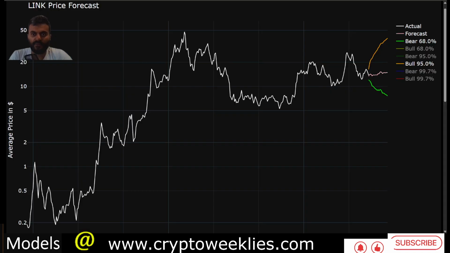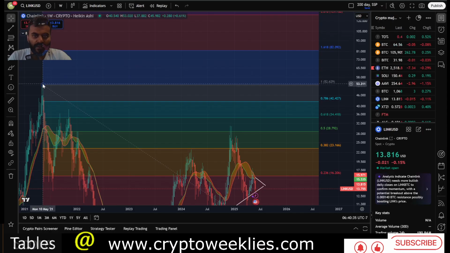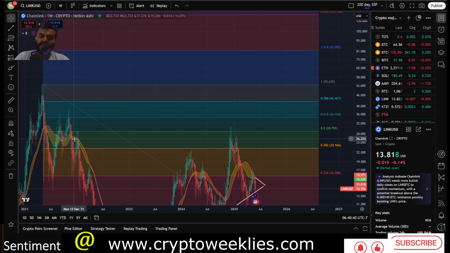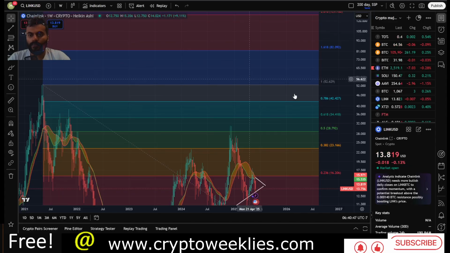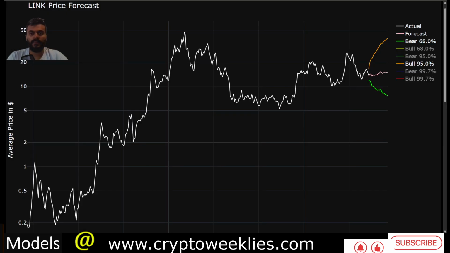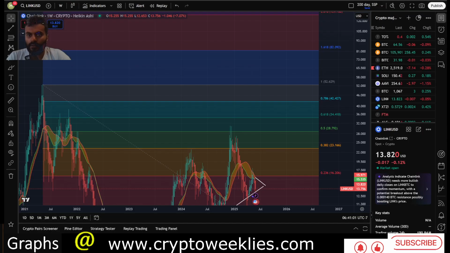The weekly average at $40 could mean that, for example, over here when the price at a weekly average was at around $47, in reality the wick at that point in time went as high as about $50 to $53. So weekly averages tend to be slightly muted versions of what the actual top is. Again, no one can predict the actual top to the dollar or in fractions of dollars. Always, this comes without any financial advice, but when dealing with weekly averages, things get more smoothened out, and the